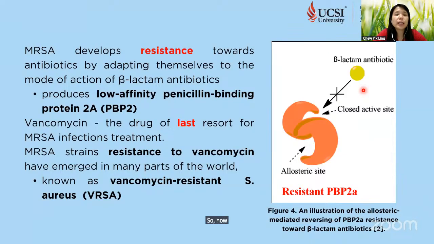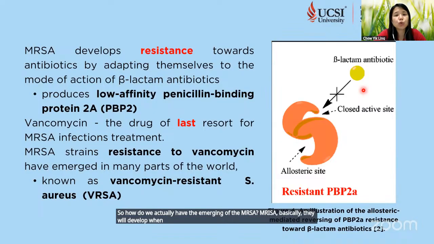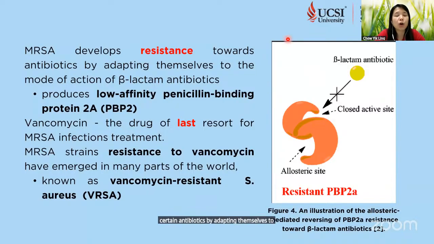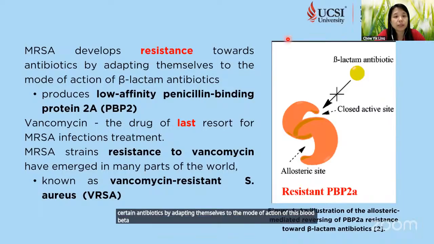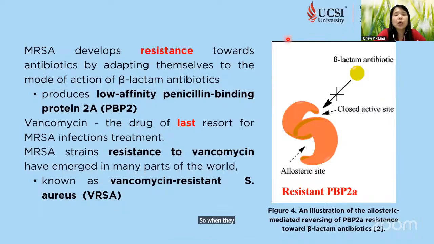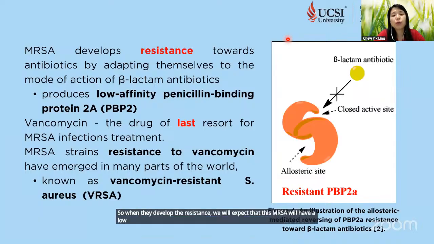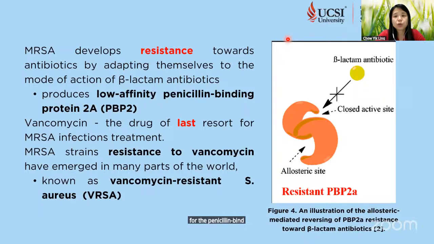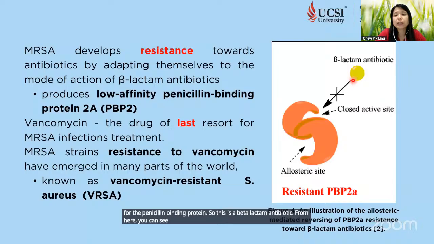So how do we actually have the emerging of the MRSA? MRSA basically will develop when they are resistant towards certain antibiotics by adapting themselves to the mode of action of these beta-lactam antibiotics. When they develop the resistance, we expect that this MRSA will have a low affinity for the penicillin binding protein. So this is a beta-lactam antibiotic. From here you can see if they are resistant, this beta-lactam antibiotic will no longer bind to these